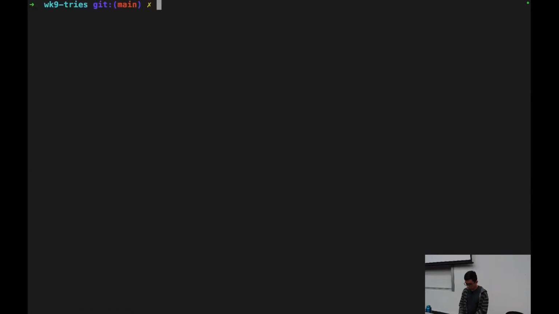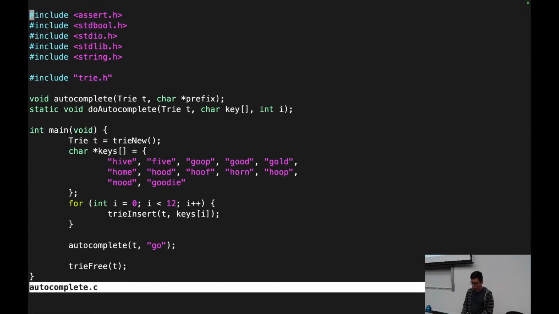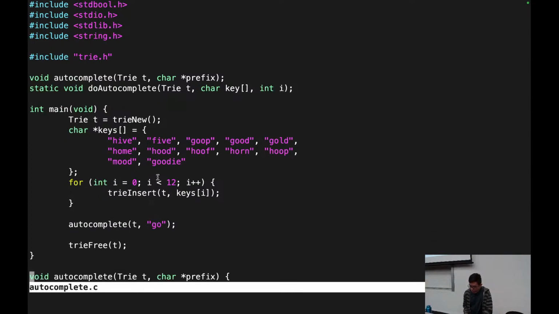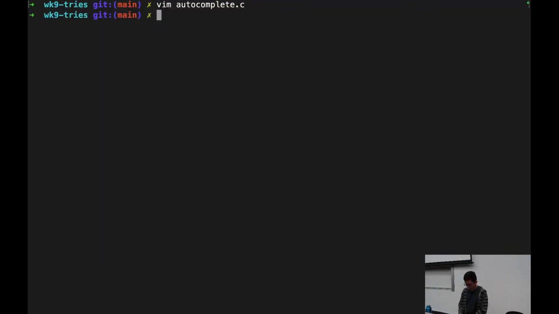Okay, so now let's go back to our test program. Whoops, it's just autocomplete.c. So what words are we expecting? Right, so if we start with go, we're expecting goop, good, gold, and that's it. Okay, so let's run the program, complete, and we end up with